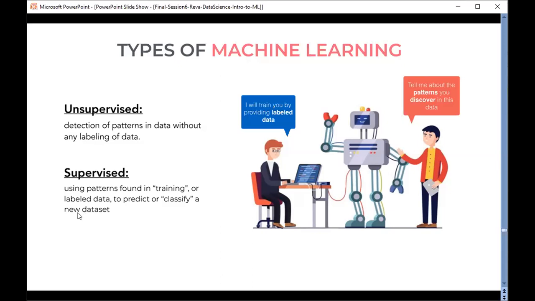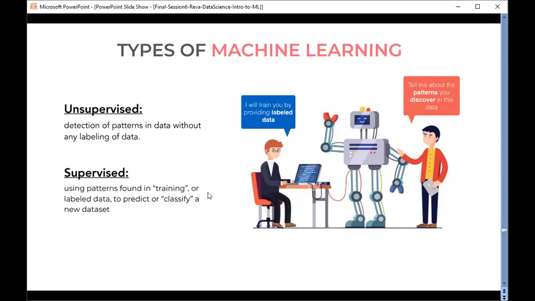The second major category is supervised. These methods rely on the availability of training data, or data that has already been associated with the label or the class of the sample.